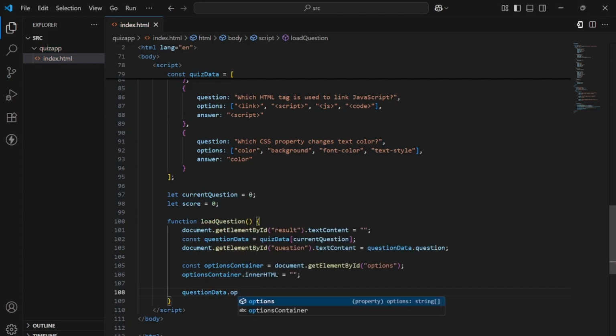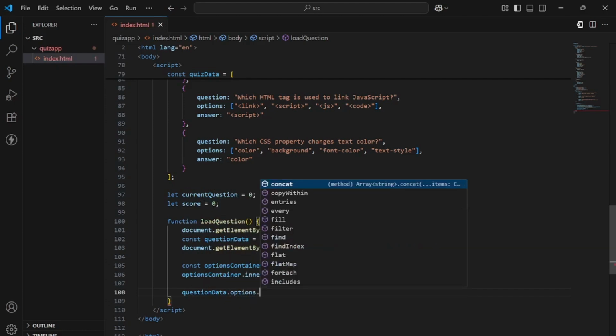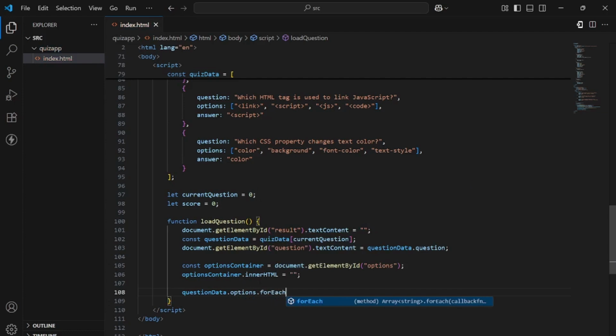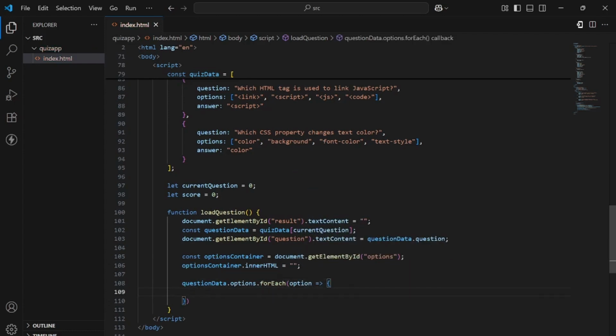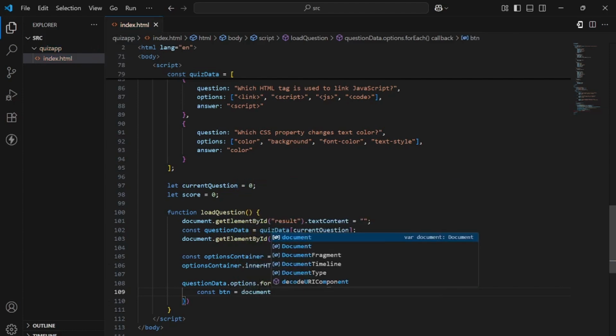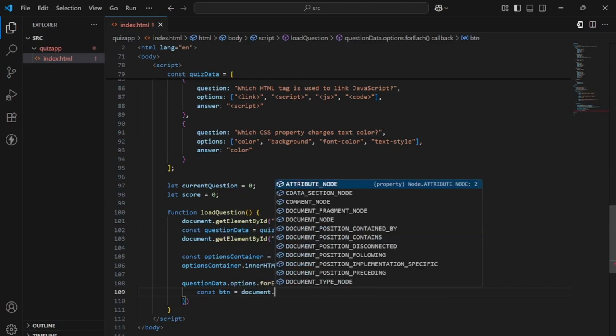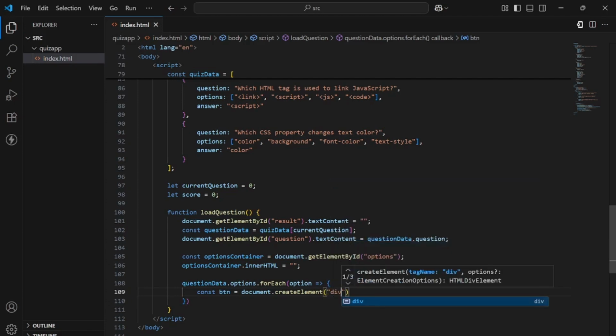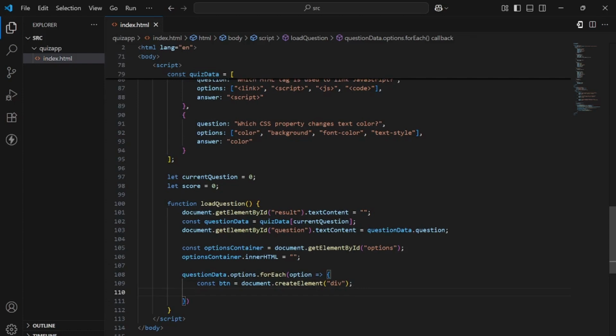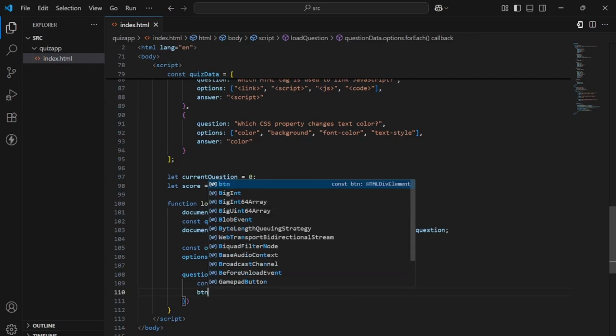Question data dot options. We'll extract the options from question data, and then forEach option, curly braces. Inside the curly braces, we will create another constant for btn, where we will use document.createElement. What will we create? We will create a div. After creating this div, btn dot